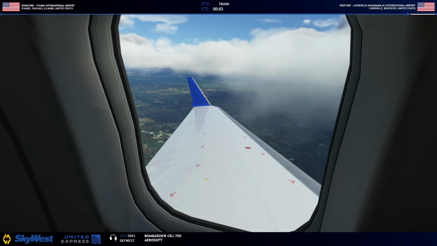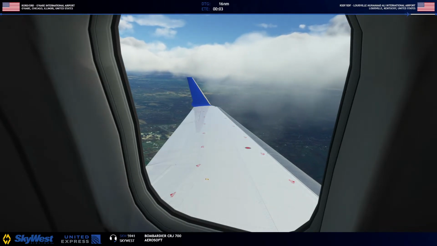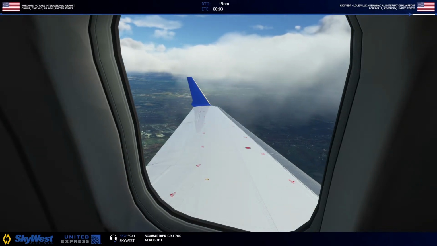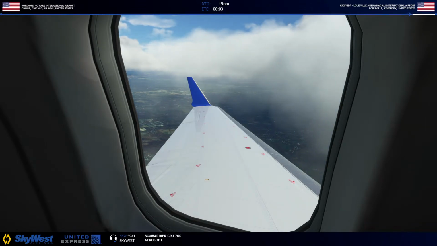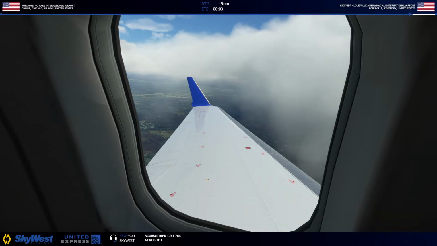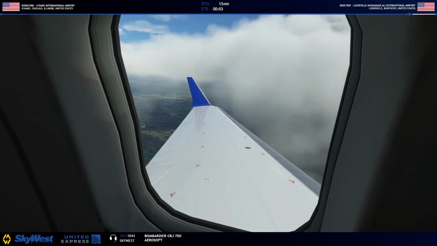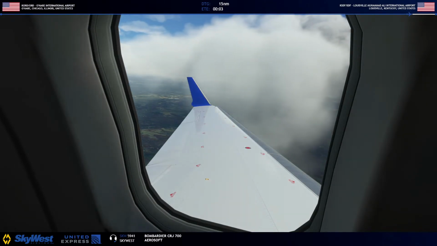Unfortunately, these are the only two cockpit, but cabin view. Unfortunate that they're built in stock, and these are the only